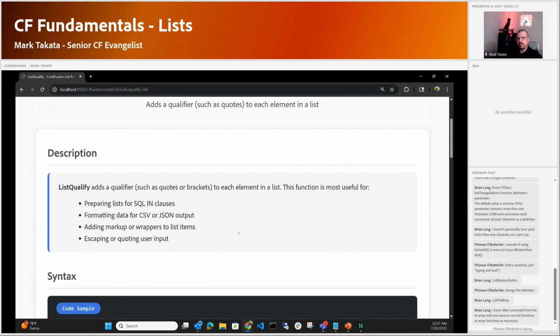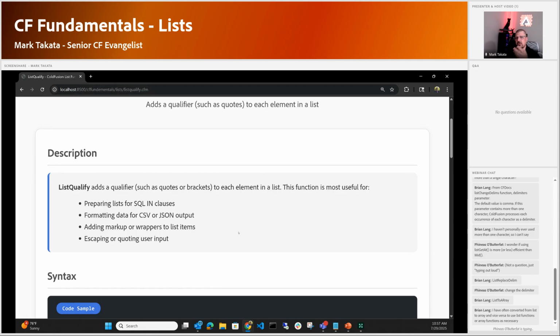If you are working with a Python team, or if you're using my trick from Dev Week and you're using Python and ColdFusion yourself, you drop Python in and you're playing with it, and you need to pass a list in, you're going to have to convert some of the items, right? And so one of the things you can do here is you can use list qualify